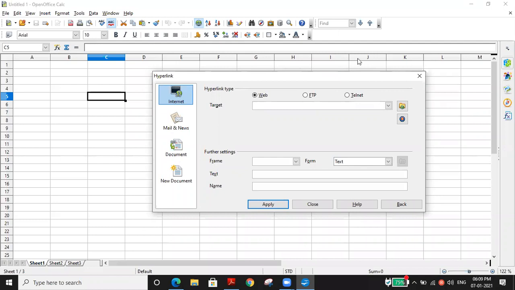One is we can give a link to the Internet. The second is Mail and News, that is a mail address. For example, if you are using Windows Outlook, but now most of us are using Gmail or Yahoo.